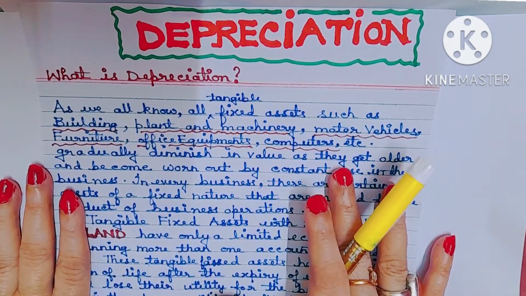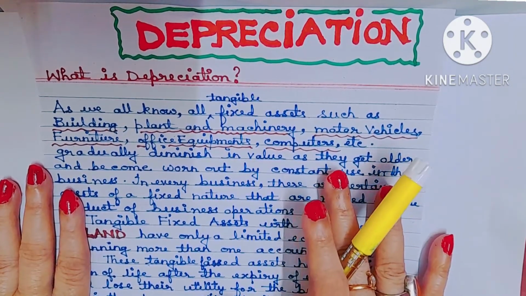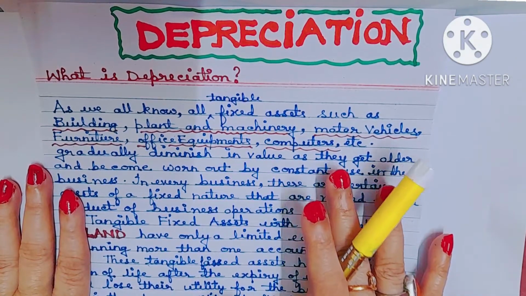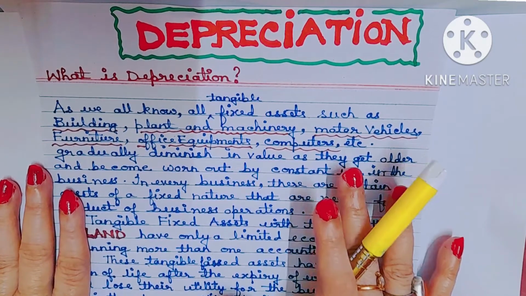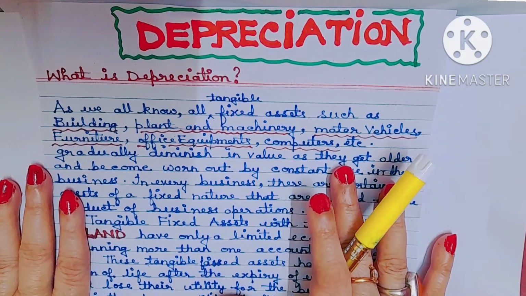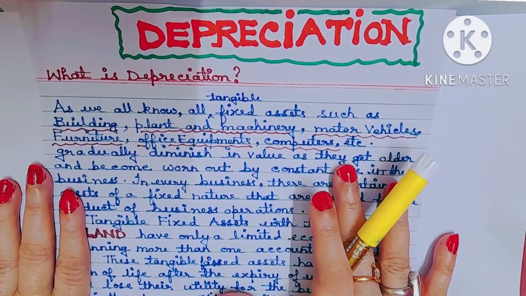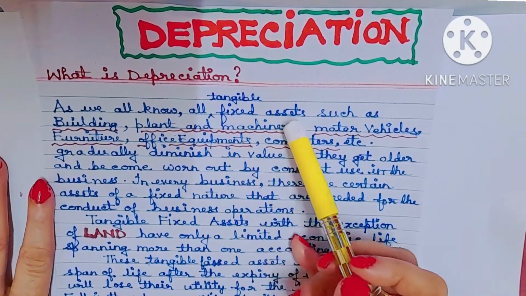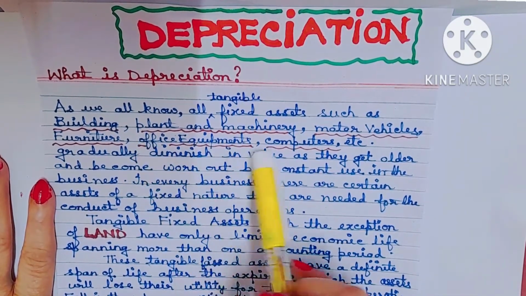So depreciation, as the term used in accounts, does not mean the physical deterioration of the asset. Neither does depreciation mean the decrease in market value of a fixed asset over a period of time. Depreciation means the allocation of the cost of a fixed asset to the periods in which services are received from the asset. Understood? That is why all tangible fixed assets such as building, plant and machinery, motor vehicles, furniture, office equipments, computers,